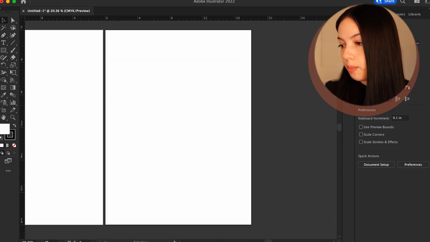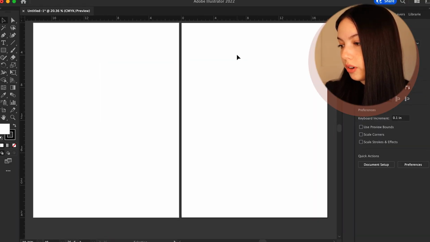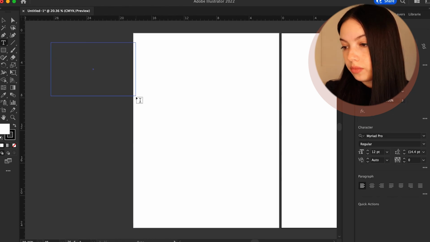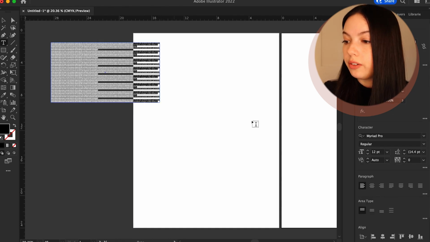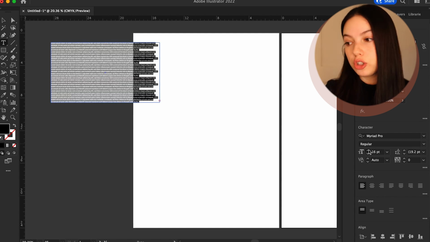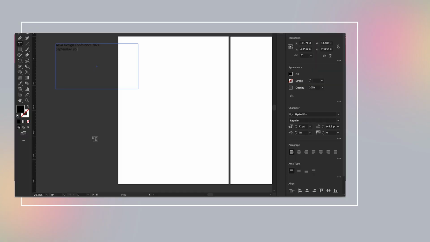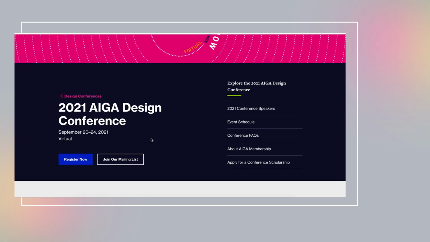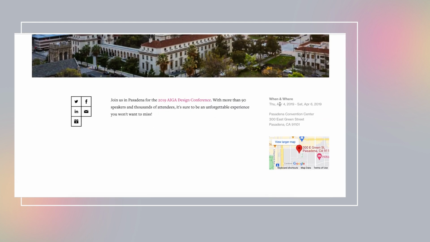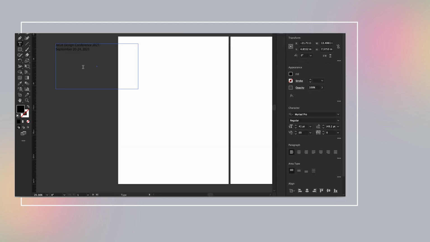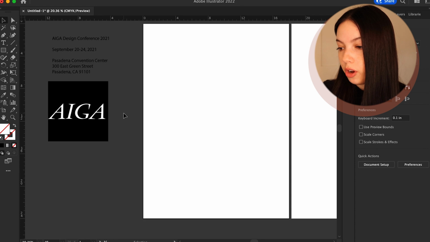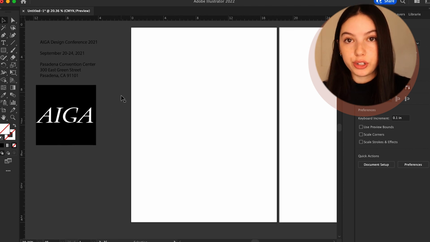Okay, so here we have our poster open, and let's create 2 artboards right off the bat to get things going. The first thing I want to do is bring in all the information from the event right here so we can put it on the side and have all the info we need. I'm taking the info from the AIGA website where they had the 2021 conference, and it says it was virtual, but I also found where they had the 2019 one, and I'm going to use that location as the event space. I found the logo online as well, and we're going to incorporate that into the poster.